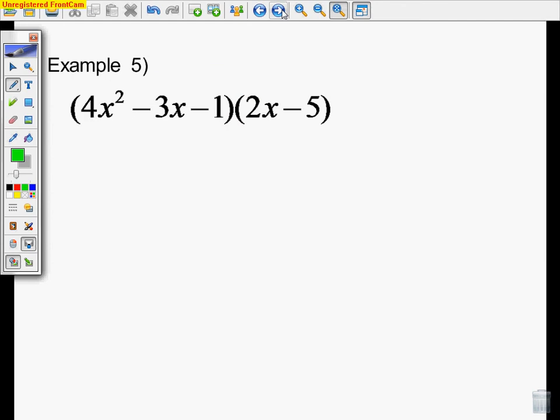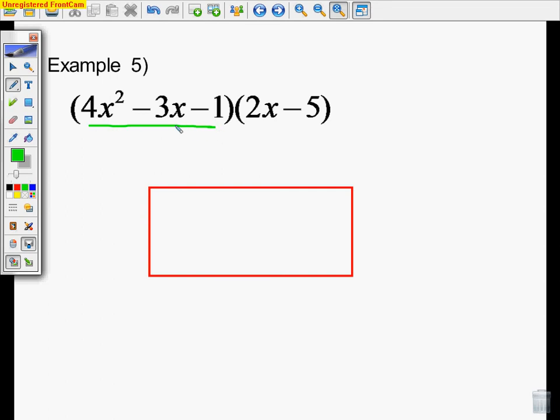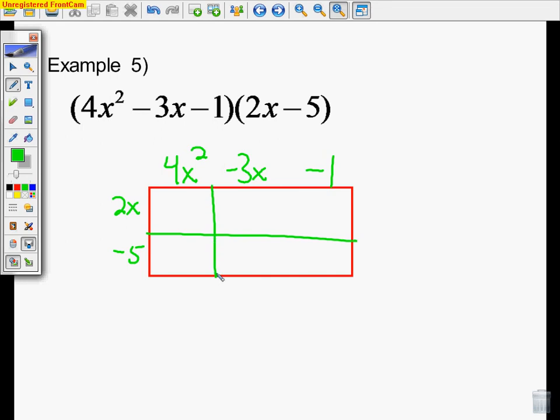Next, this problem is the same as the last. I'm just going to go ahead and do this problem using the box method. You don't necessarily need to write this one down, but just for those of you who like doing the box method, you can see it again. Here we have 3 terms, a trinomial, so we're going to write those 3 terms down at the top of the box. And then on the side of the box we have a binomial, 2x and negative 5. So we're going to make our box here, and then we're going to multiply